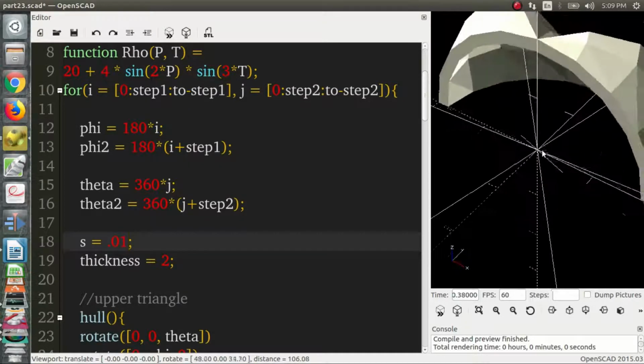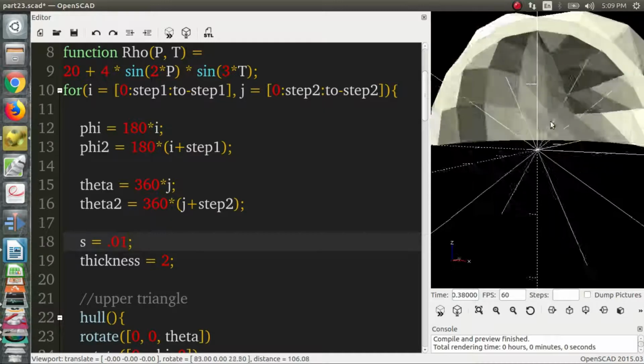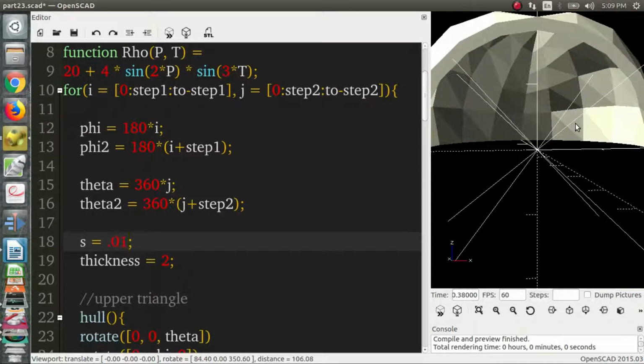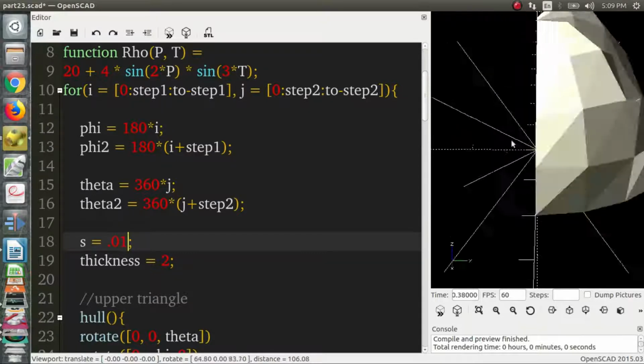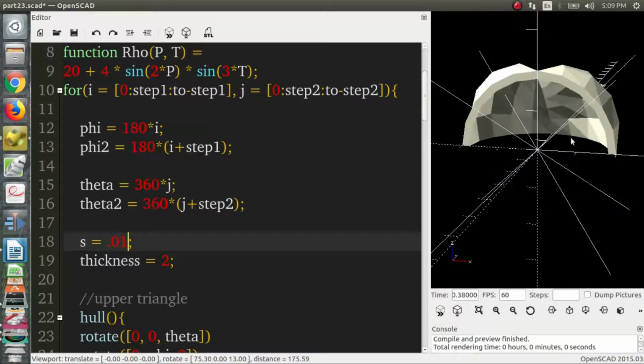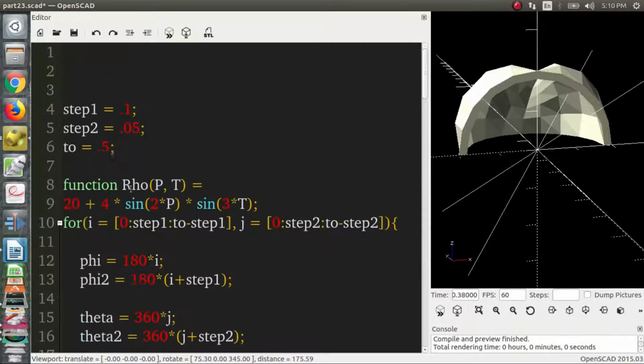Now, I haven't tried to 3D print any of these, so I don't know if it causes some problems, like non-manifold edges. Hopefully not. Maybe someone can let me know. But otherwise, that is mostly it. So I'm going to